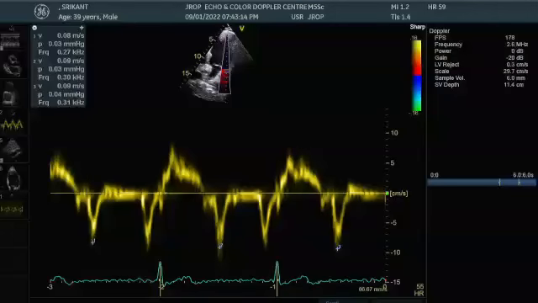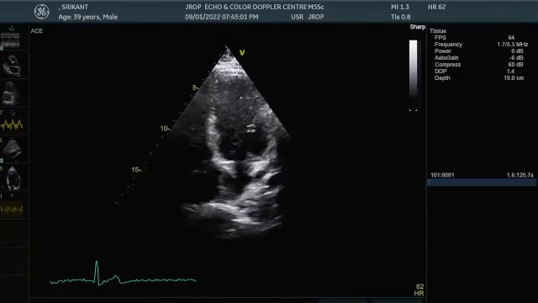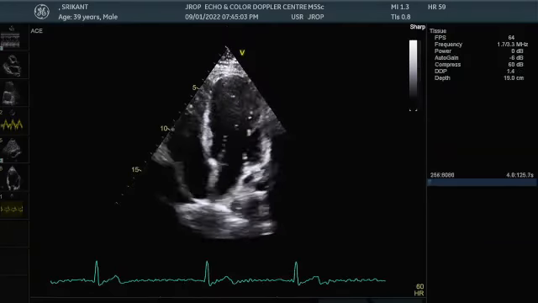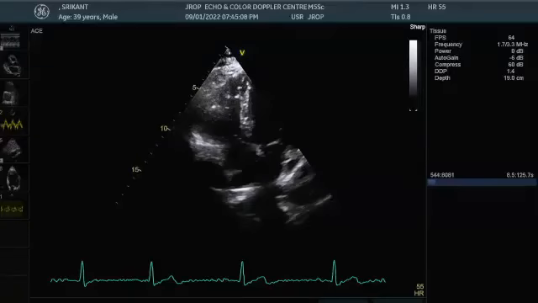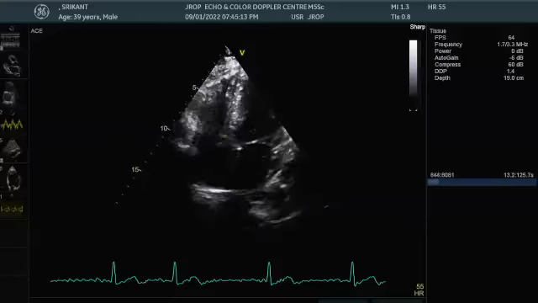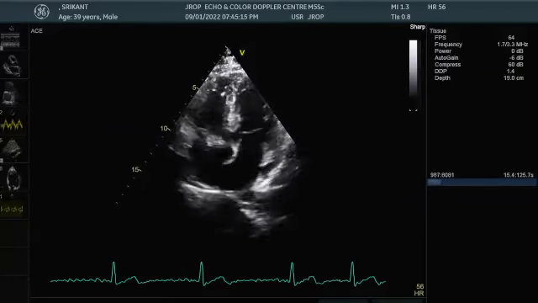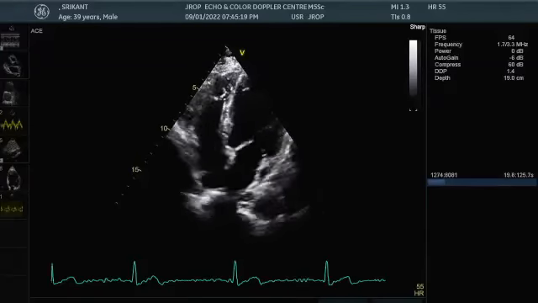Sir, what is the difference between modified RV view and focus RV view, and when do we use them? One is a regular 4-chamber view. Then we move towards the 4th intercostal space. This becomes modified. We get rid of the LVOT. Or we call them focused. And there is no such thing as an RV modified view.